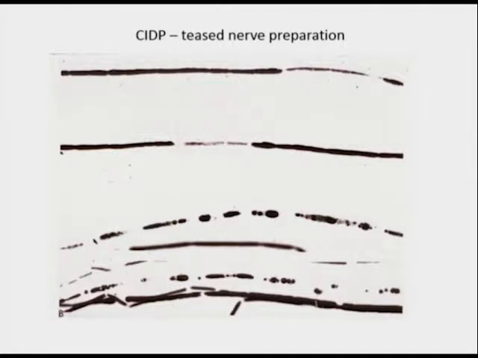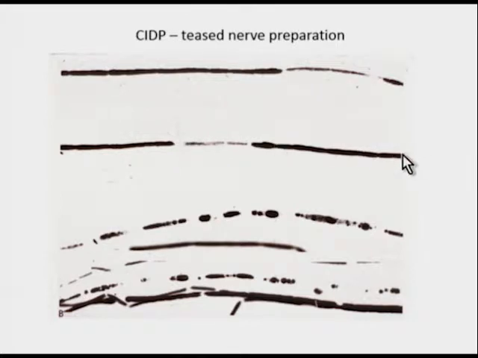If one does a nerve tease preparation in which individual nerve fibers are fixed in osmium tetroxide and then teased out onto a glass slide, one can see the segments of demyelination here. Here's a normal myelin sheath, here's an internode, and here's a hypomyelinated segment of the axon. Here's another one. And notice also that this internode is shortened